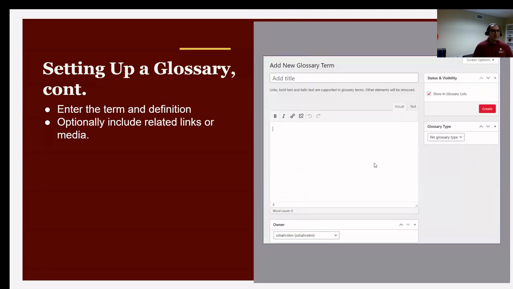The other way would be to enter the term and definition through the glossary term page. As you can see on your slide, you can add the title, which is the term in question, and then provide a description for it, and then click Create. And this will create a glossary term in your book, which you can then choose when adding a glossary item